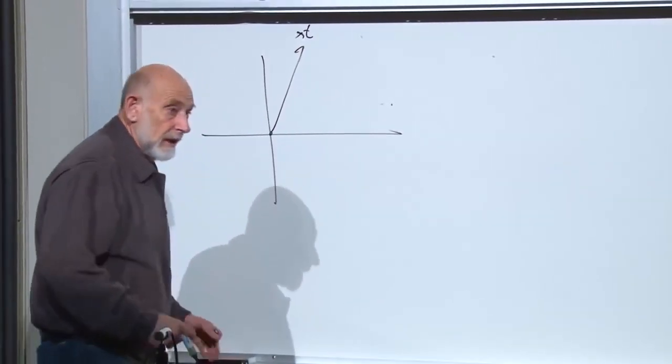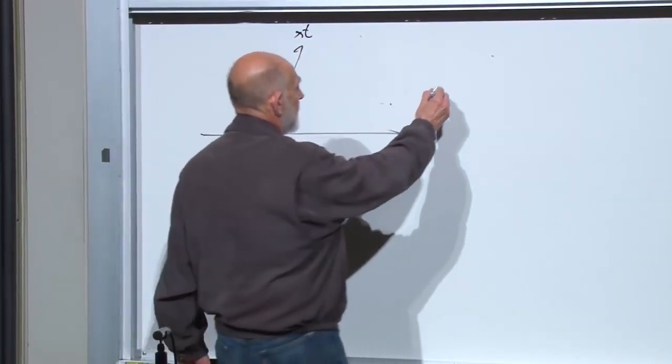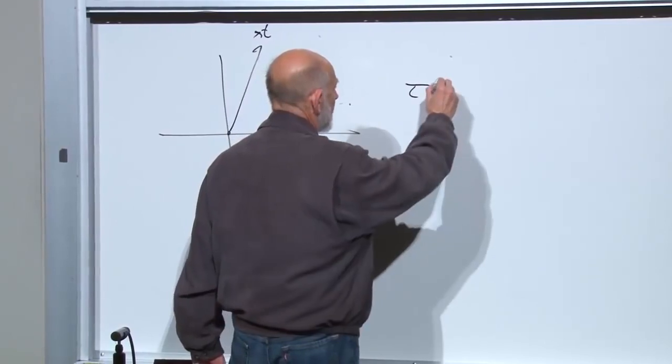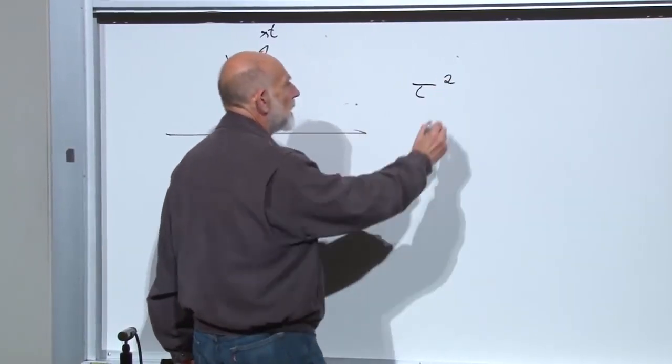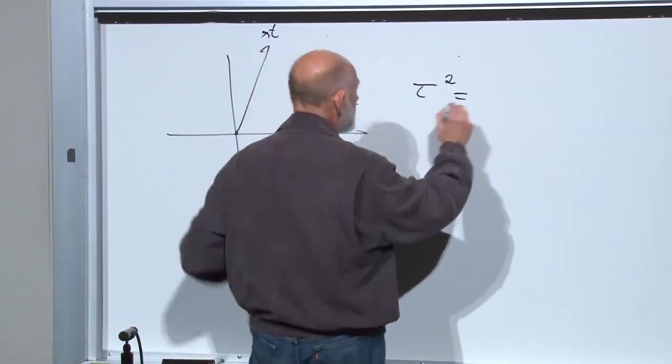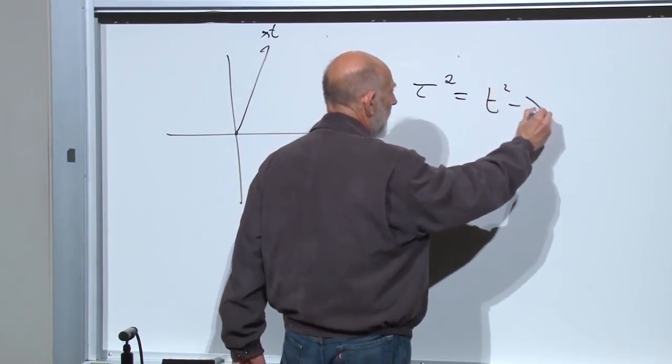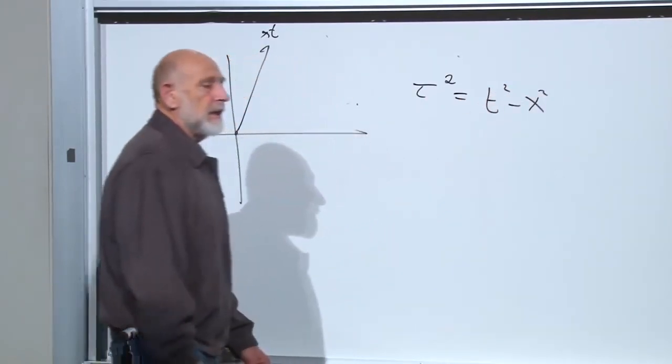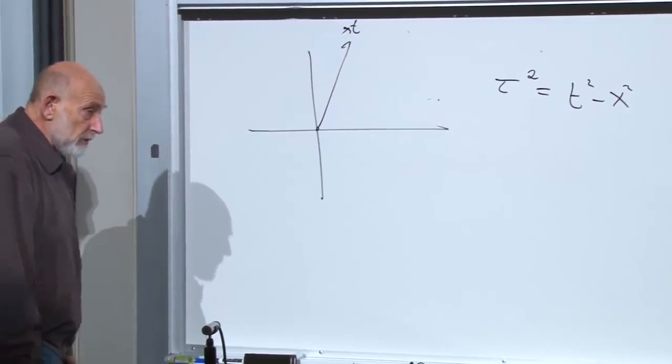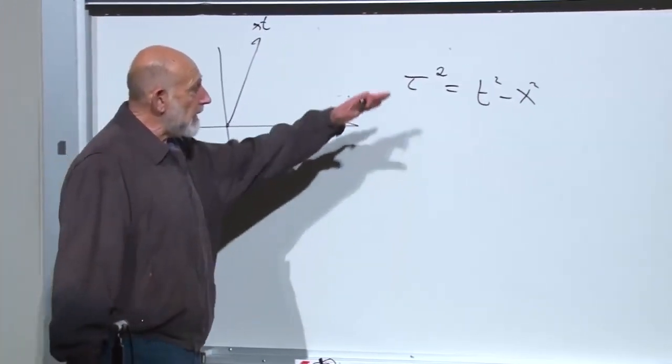The proper interval between them is called tau, and it's defined by tau squared is equal to t squared minus x squared. And the important thing about it is it's the same in every reference